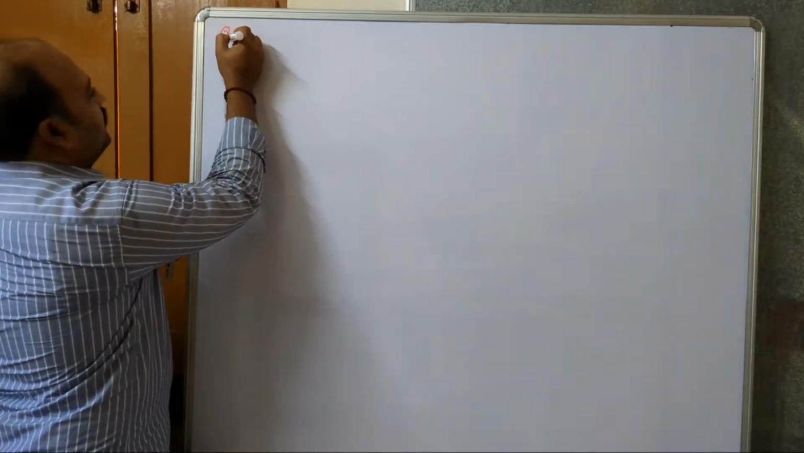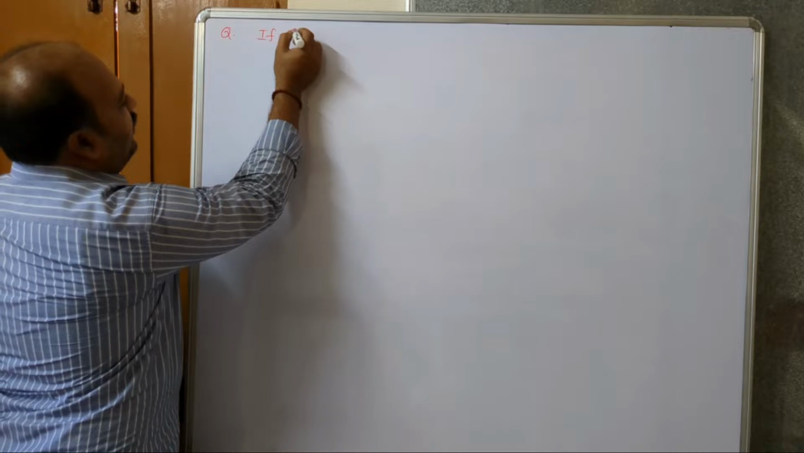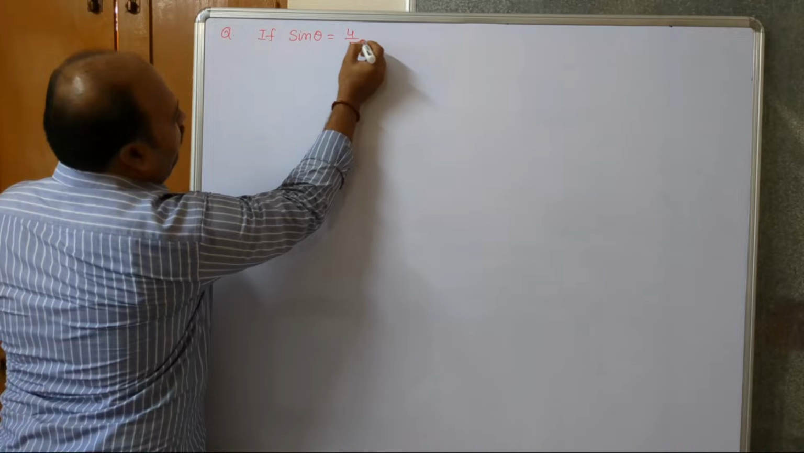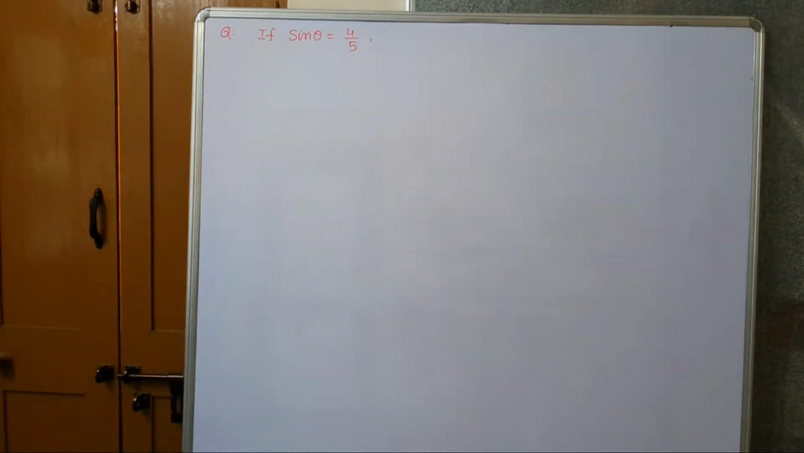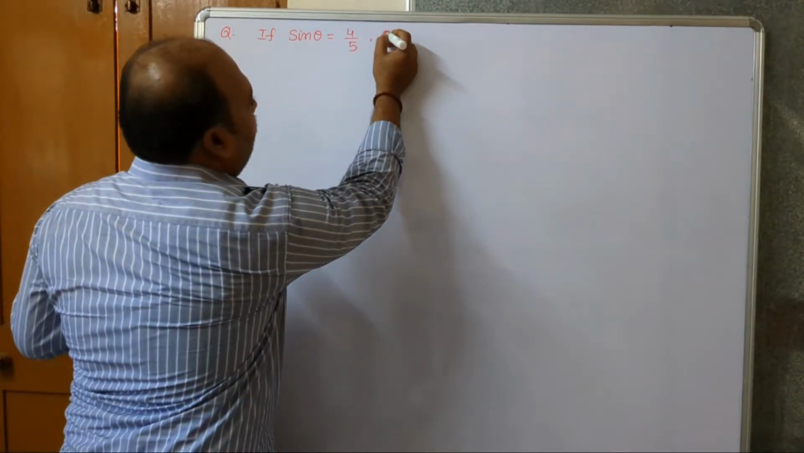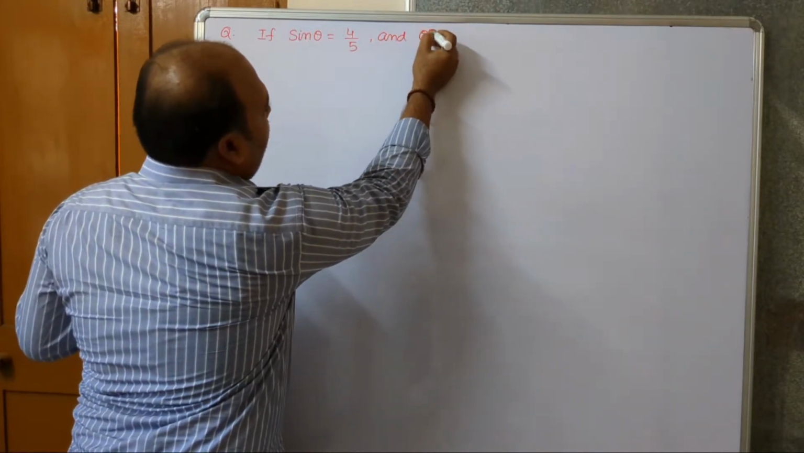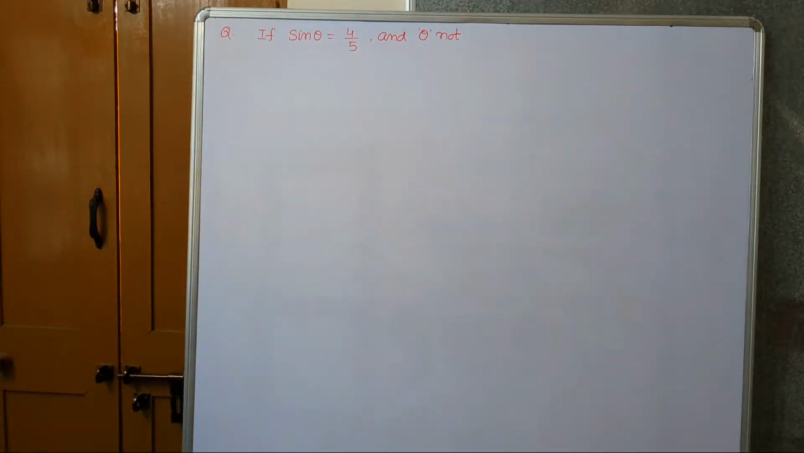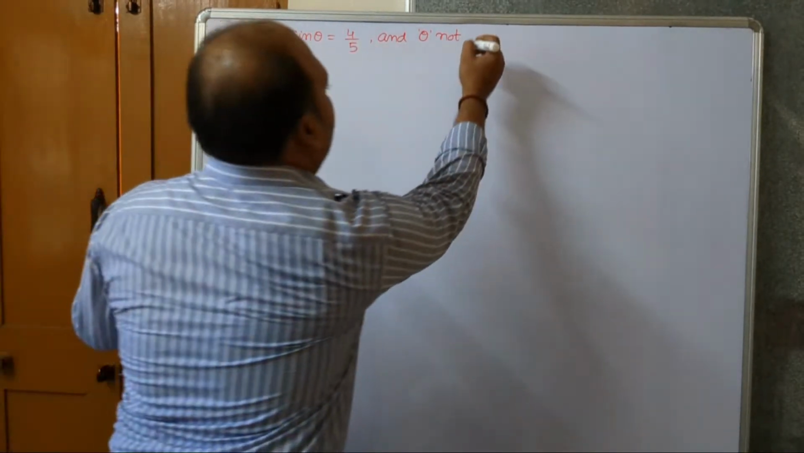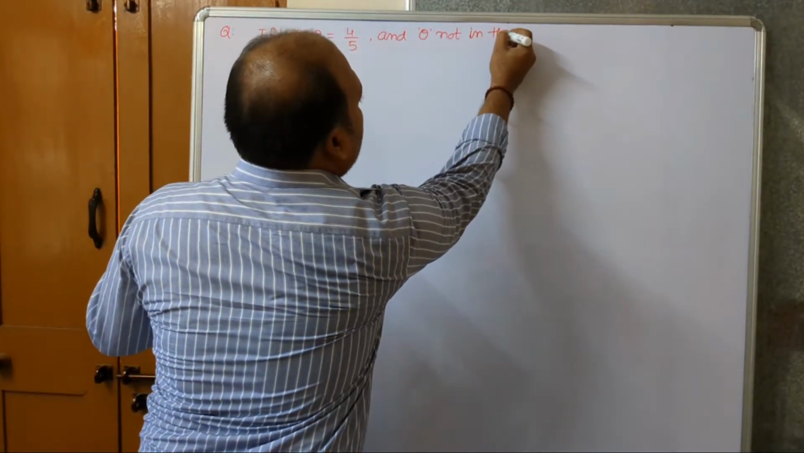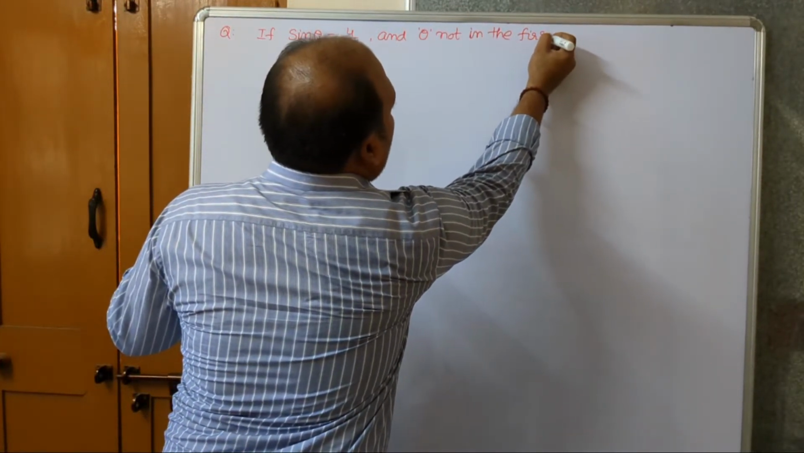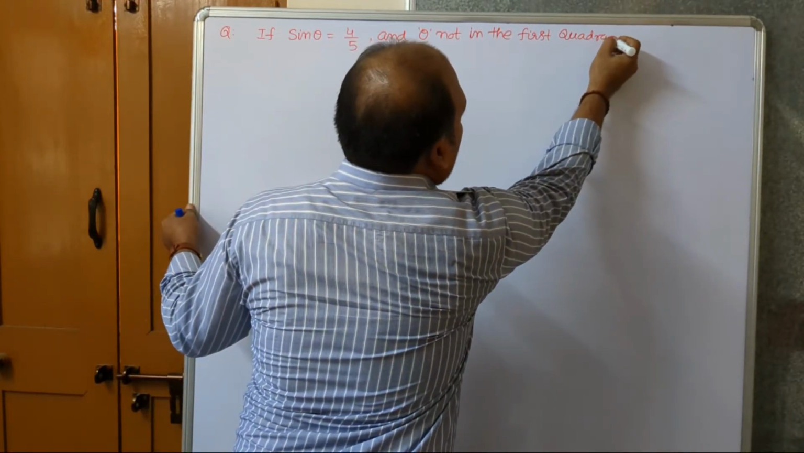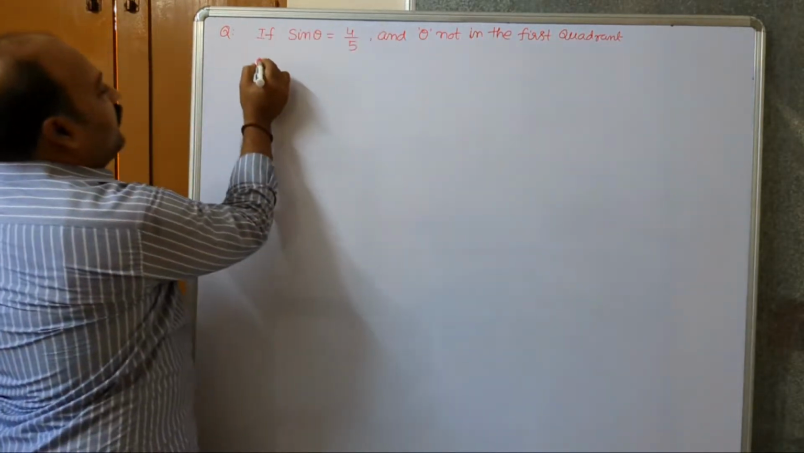Next question. If sin theta equal to 4 by 5 and theta not in the first quadrant,